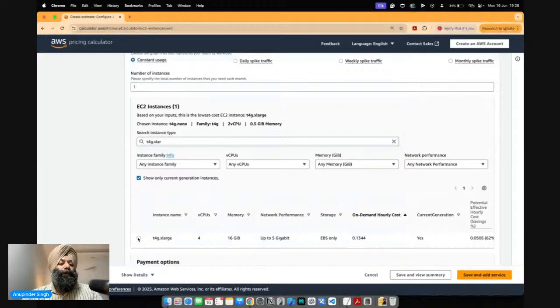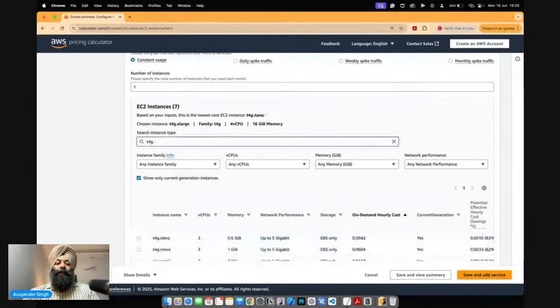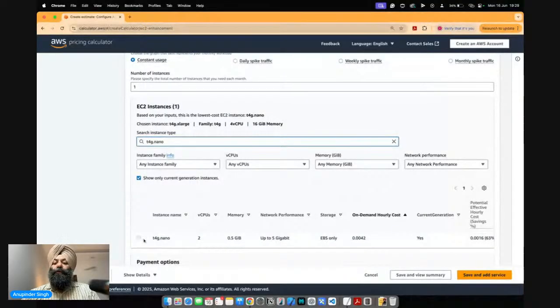So जैसे ही मैंने इसको चूज करना है, you will find that there is a change in the total cost. So depending upon कि कितना मेमोरी यूज कर रहे हो, कितना vCPU यूज कर रहे हो, कितना उसका ऑन डिमांड कॉस्ट पर आ रहा है, तो वो आपके पास यहाँ पे आपकी कॉस्ट एस्टिमेशन बढ़ जाते हैं. सो अगर मैं मान लीजिए इसकी जो कॉस्ट है दैट इज $0.344 है फॉर आवर. अगर इसी चीज को मैं चेंज करके नैनो कर देता हूँ, एट दैट पॉइंट ऑफ टाइम आप देखोगे कि उसकी कॉस्ट कुछ भी नहीं है, दैट इज $0.0042, राइट. सो पर आवर के हिसाब से. एंड देन जैसे ही मैं उसको चूज करता हूँ आपकी कॉस्ट कम हो जाती है.